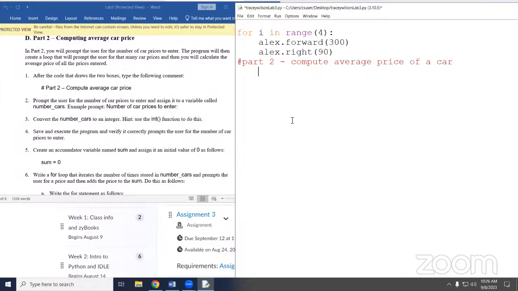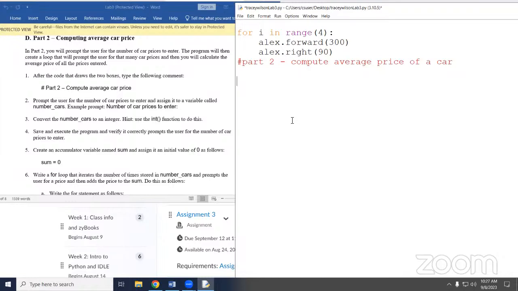Now, you've done this in a previous exercise, right? We did it for 3 cars. We're going to make this a little bit different. Why did it tab over? Because it still thinks we're in the for loop. So we're going to have to manually tell it to backspace out of the for loop. So I'm going to backspace. And now I can start writing on the edge again.